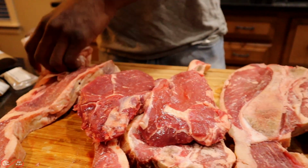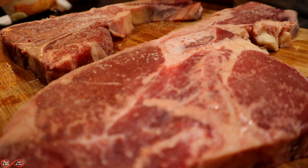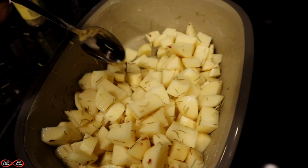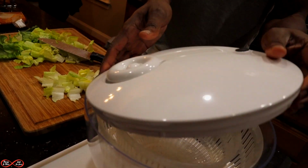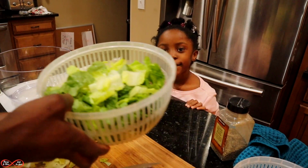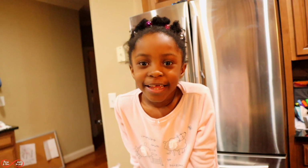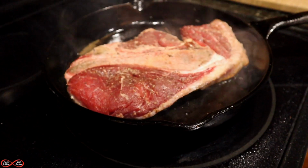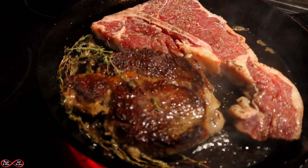So this is what we're eating tonight. He's looking at himself, really. This one is used. I'm just making it for